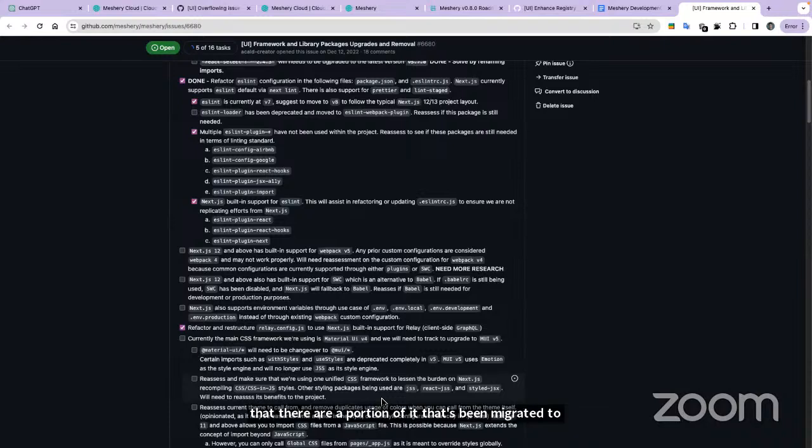So I would like to work out a plan to figure out which ones can be migrated in the meantime, because once we convert from a class component to a function component, we'll also need to use the Redux hooks, useSelector and useDispatch. Sorry, it's escaping me, but the hooks from Redux, and then we can convert those.